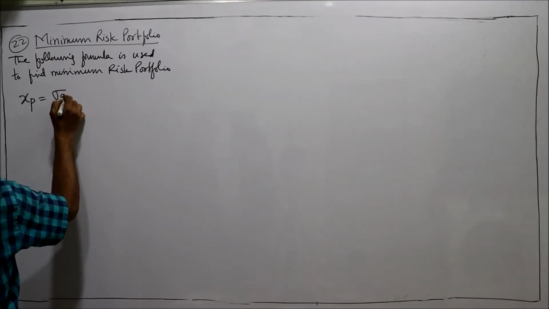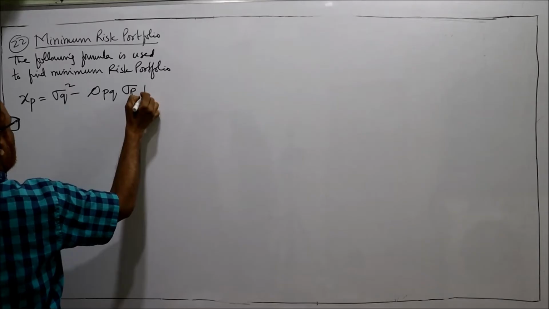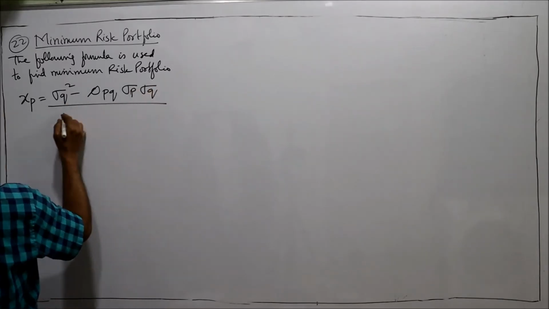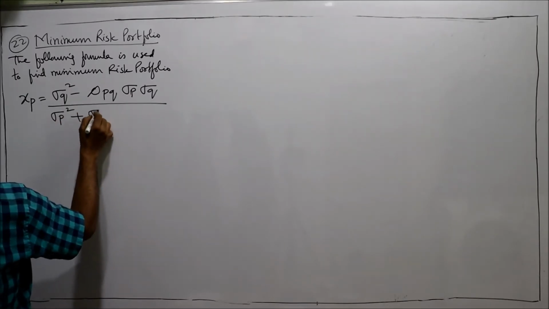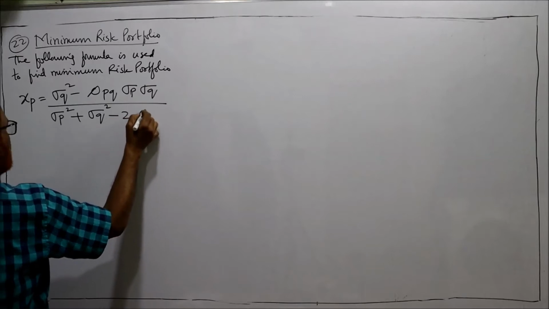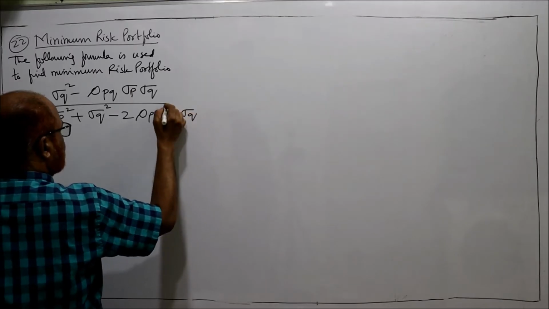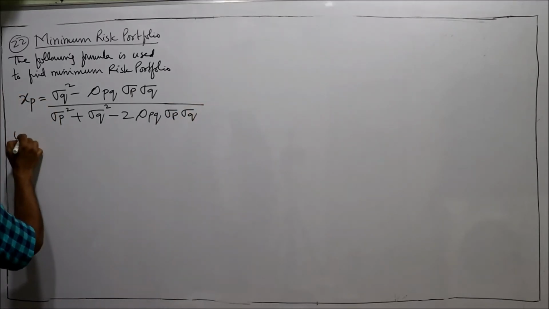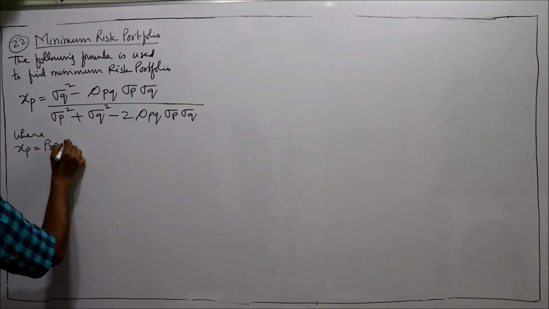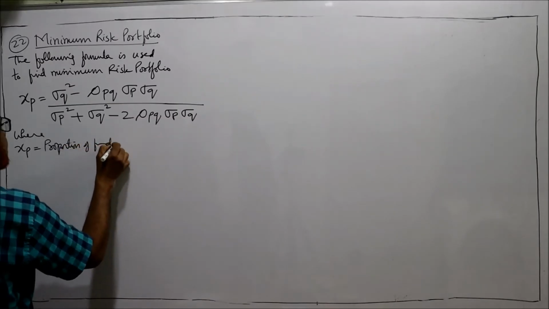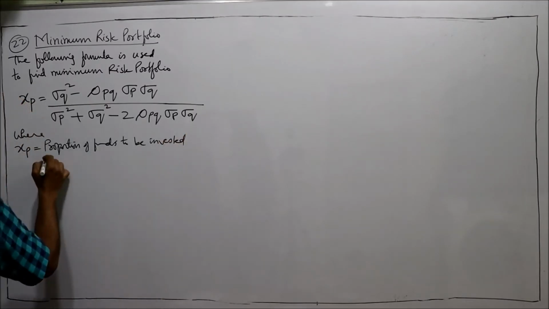XP is equal to standard deviation Q square minus rho PQ into standard deviation P into standard deviation Q, divided by standard deviation of P square plus standard deviation of Q square minus 2 into rho PQ into standard deviation P into standard deviation Q, where XP is equal to proportion of funds to be invested in security P